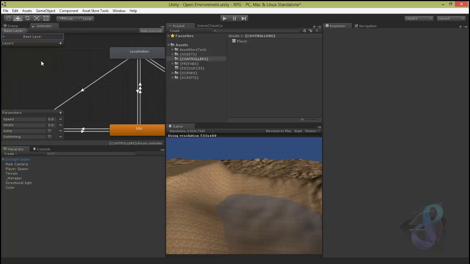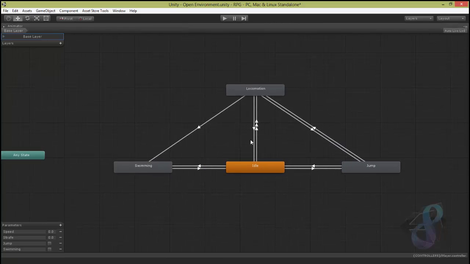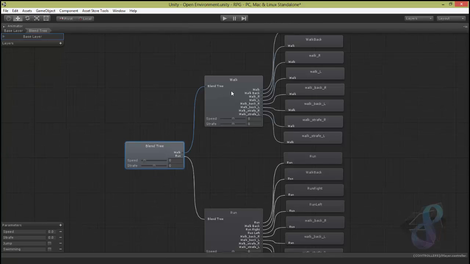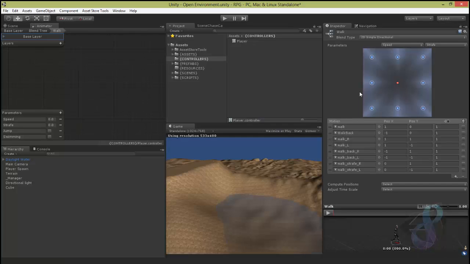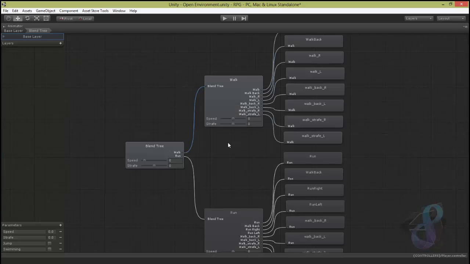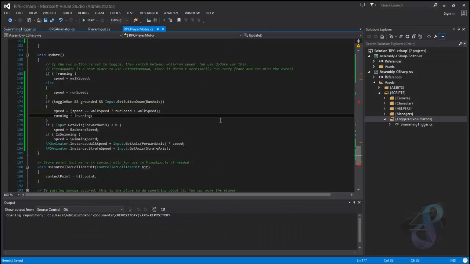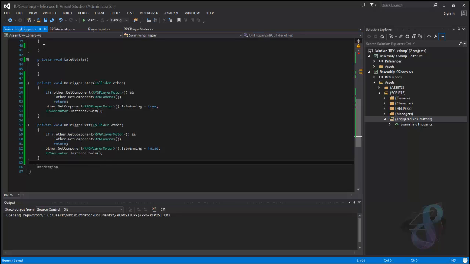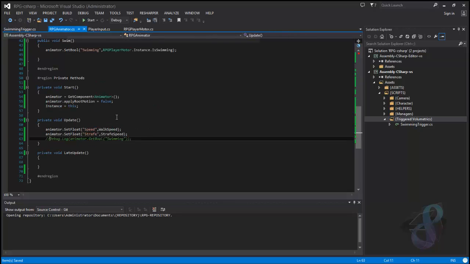Then we tweaked our locomotion a bit so that we use 2D directionals again to simplify matters a bit, and we had done a bit of code change to handle the speed correctly. We spoke about the swimming trigger, and we handled the swimming